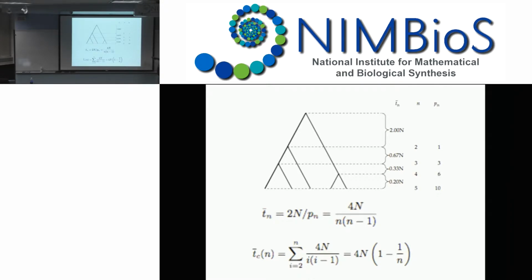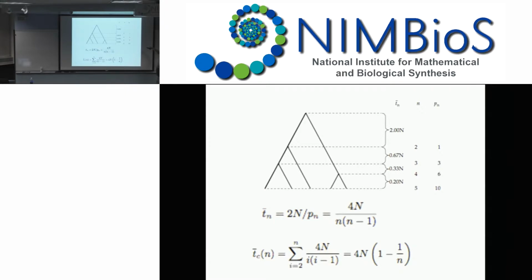The chance that any 2 alleles have a common ancestor is 1 over 2n in any given generation. And I basically have 5 choose 2 different ways to get that. So what I can basically show is that expected time is given by this here. If I have n to go to n minus 1, it's 4n over the number of different combinations I have. So for example, for 5 alleles, on average, it takes about 0.2n for you to have the